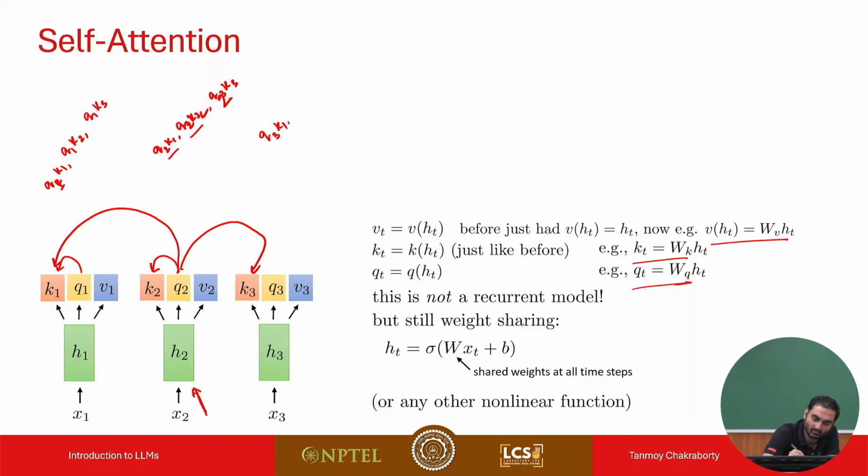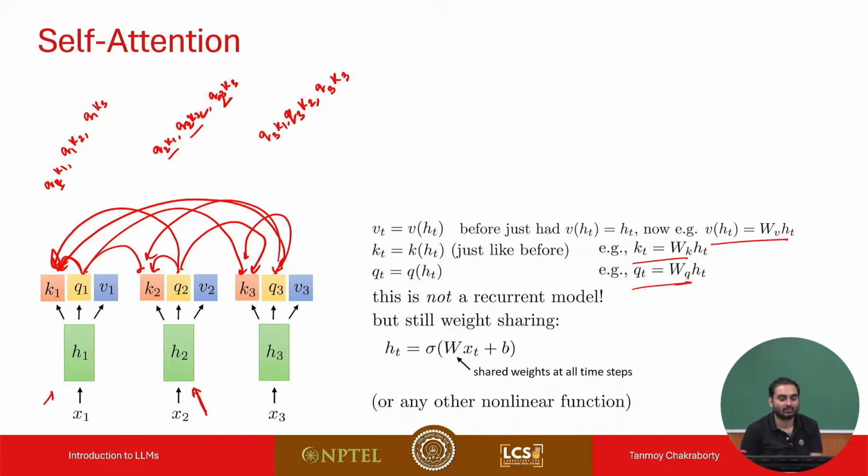Q3 K1, Q3 K2, and Q3 K3. Right? So at this position, Q1 K1, Q1 K2, and Q1 K3. At this position you have Q1,